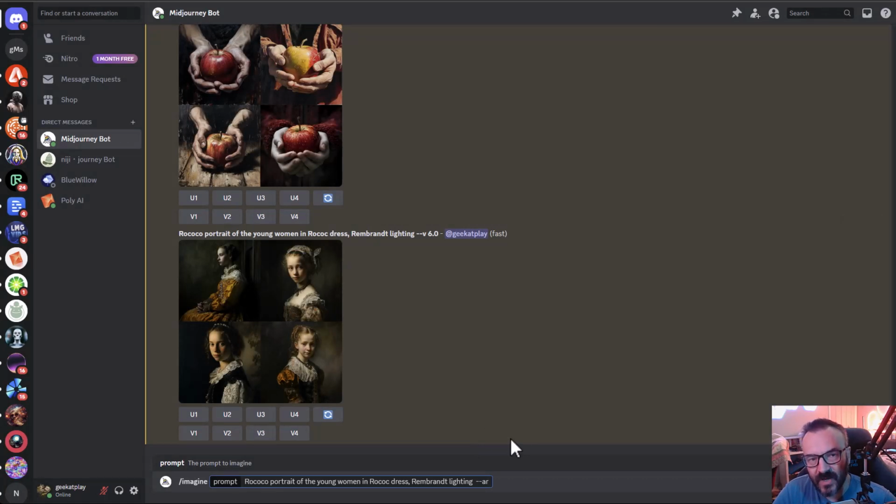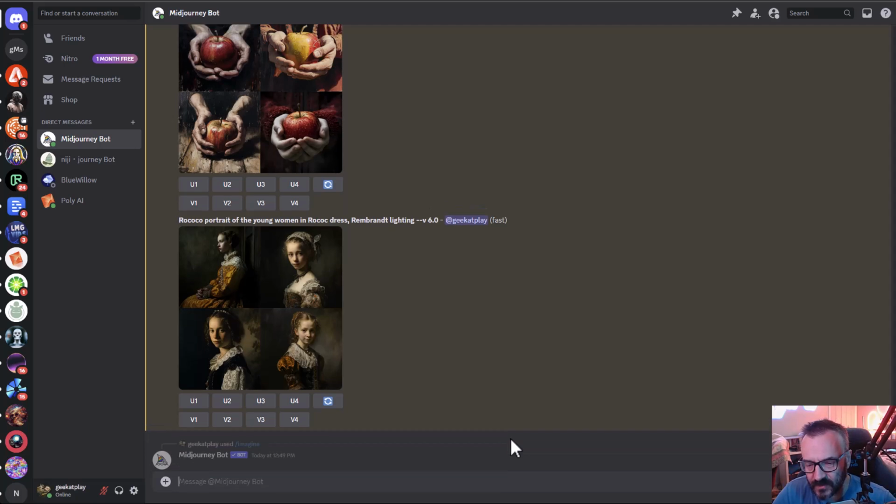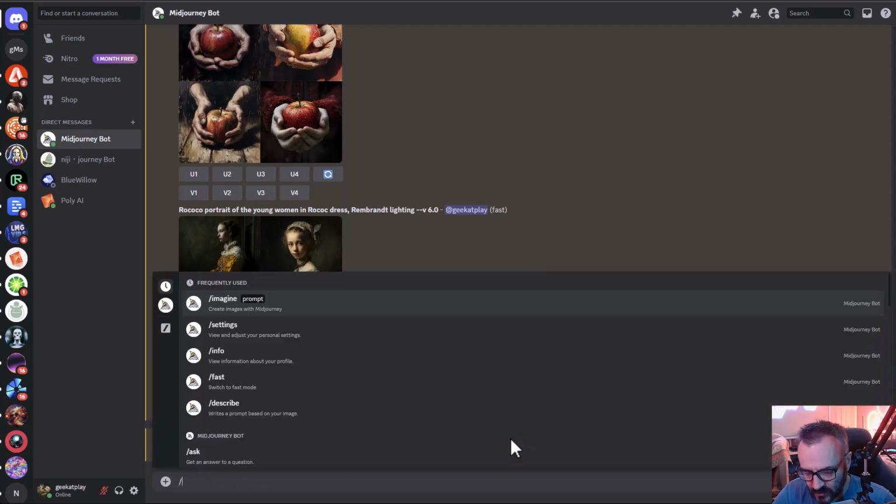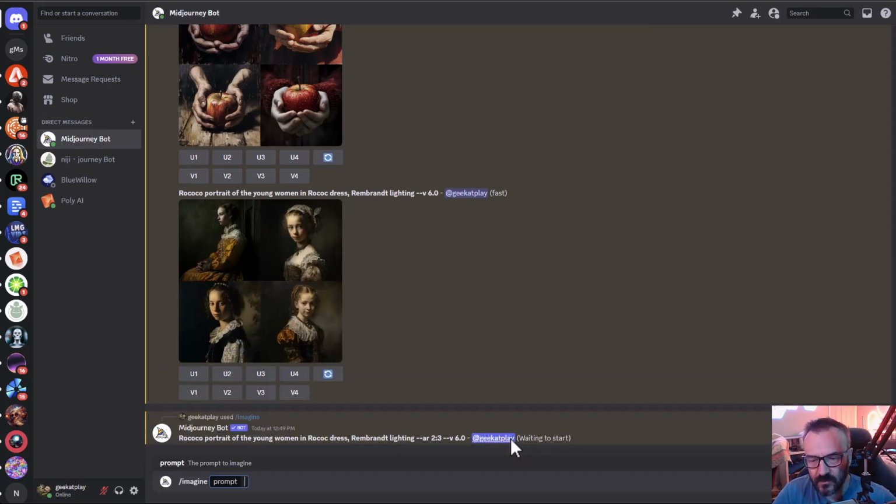I can type --ar, which stands for aspect ratio. And for the portrait, I want 2:3. So this is aspect ratio. It's giving me 2 on the horizontal and 3 on the top. So let's go ahead, type this. And next, as it's rendering, we can say